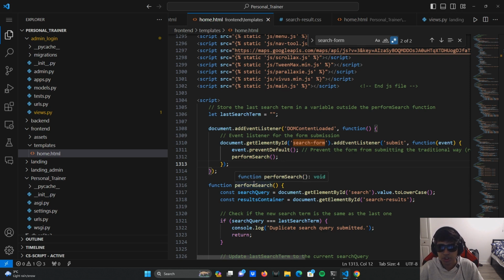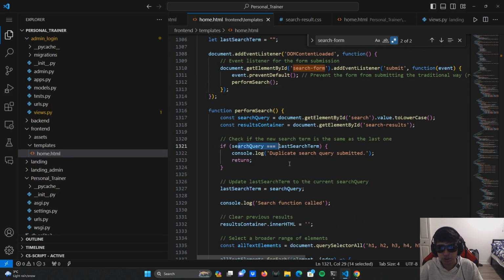It's not going to check if that string exists in the web page again to print the duplicate information. That's why we don't want that. That's why we are going to check if the search query was equal with the last search term. Try to, for example, console.log duplicate. It's like in Python, like a print, but in the console: duplicate search query, and